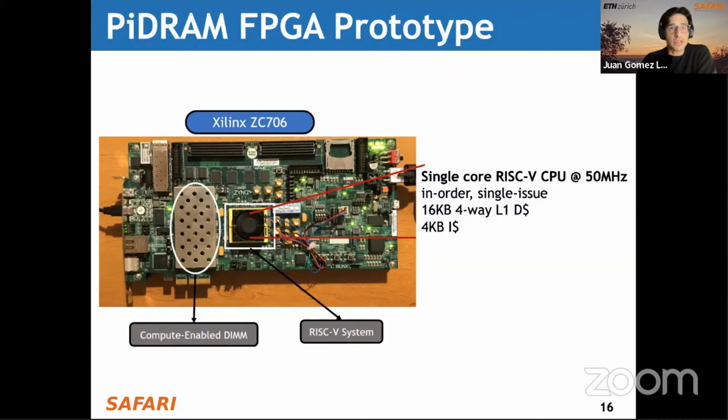We have implemented this PiDRAM on an FPGA prototype. Here you can identify the FPGA that will implement a single core RISC-V CPU, and here is where we place the DRAM DIMM that we can call compute-enabled DIMM, because by using PiDRAM, we are able to execute operations using